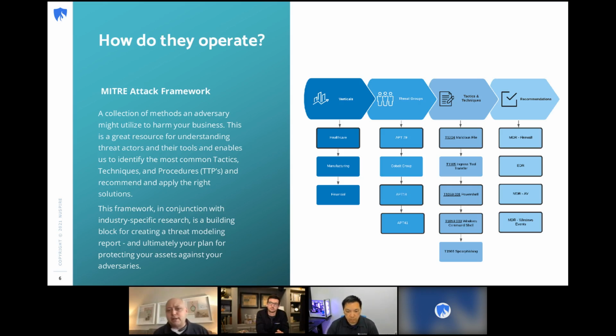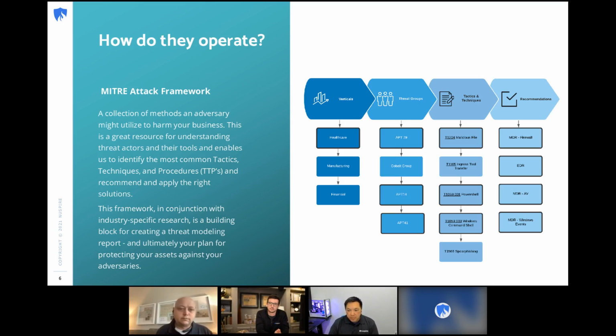Could you just share your perspective on what you see in the field, as the leader of our threat practice, and talk to us a little bit about why this is an important tool in dissecting how the bad guys operate? Sure thing, and that's a great question: where did the MITRE ATT&CK framework come from? So let's start there.